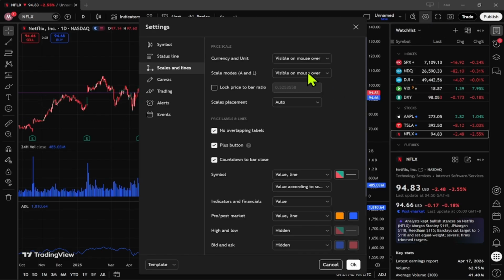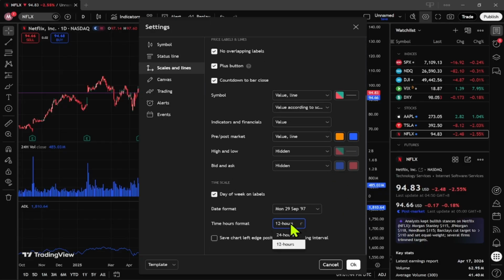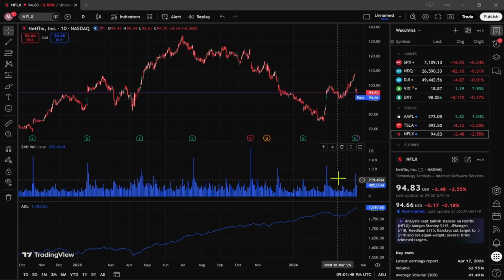So, in simple terms, open chart settings, go to scales, find time format, and switch it to 12-hour. That's the main way to show AM and PM time in TradingView. And that's how to change time to 12-hour format in